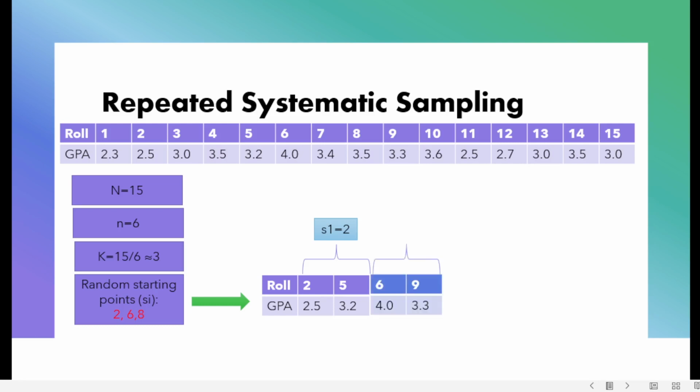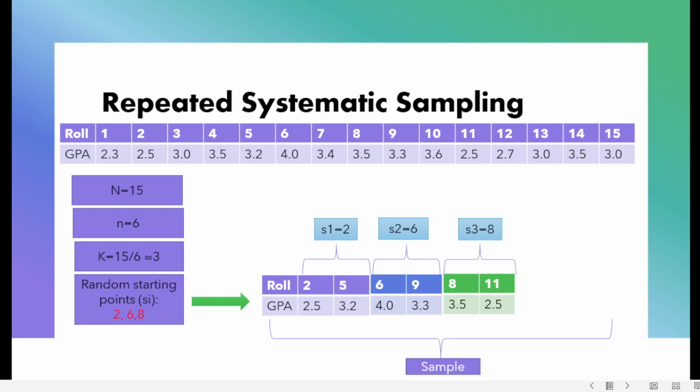Next, if the starting point is 6, we will get the values stored at 6 and 9, and the last one, when the starting point is 8, we will get 8 and 11 from the above population. So this is the sample.